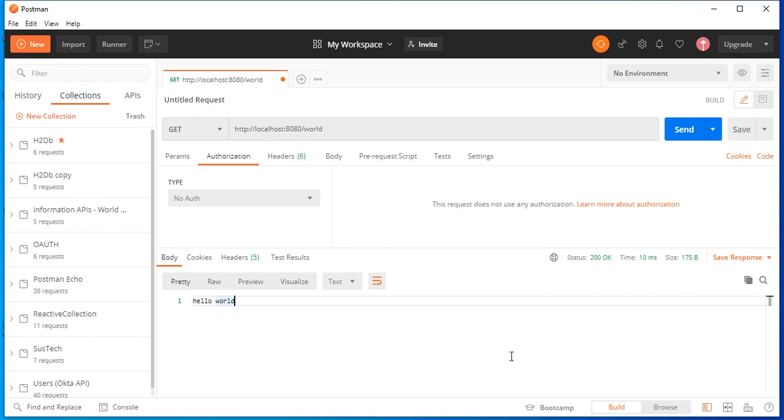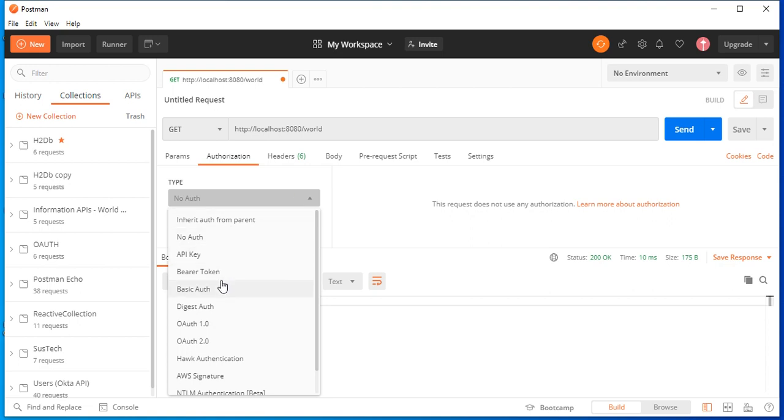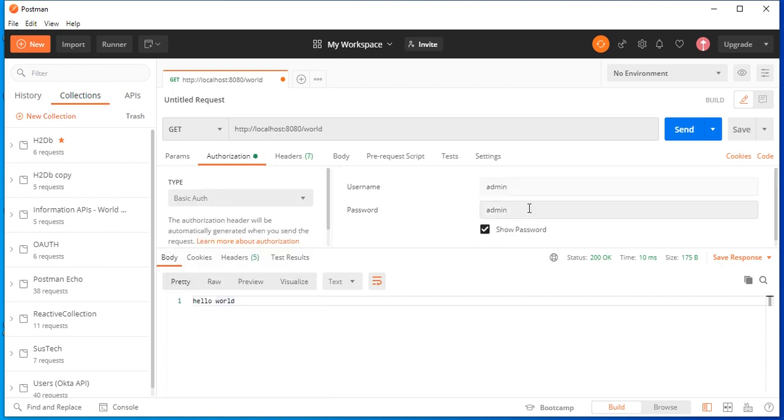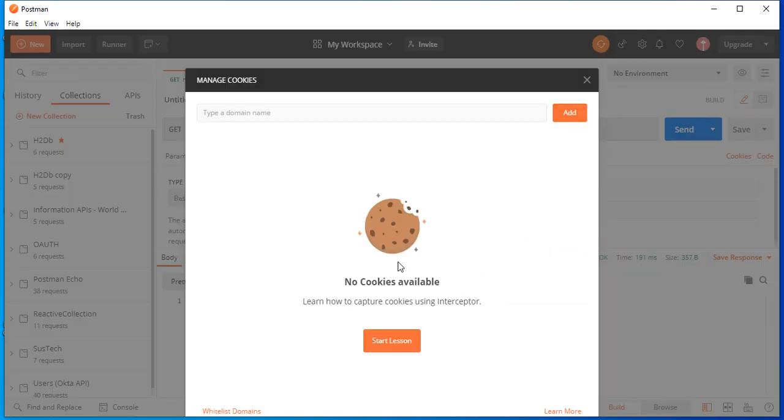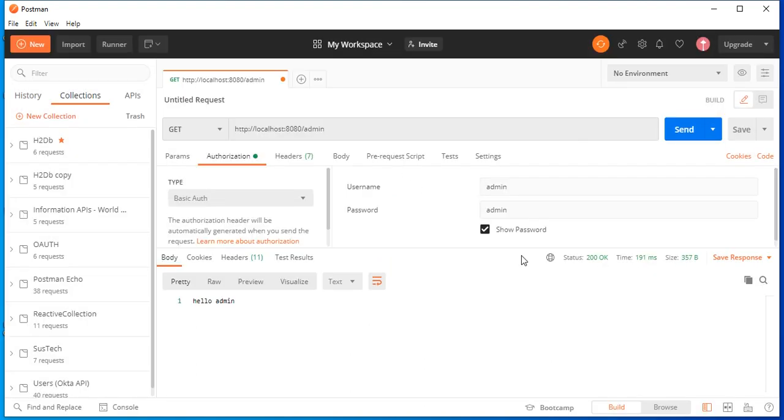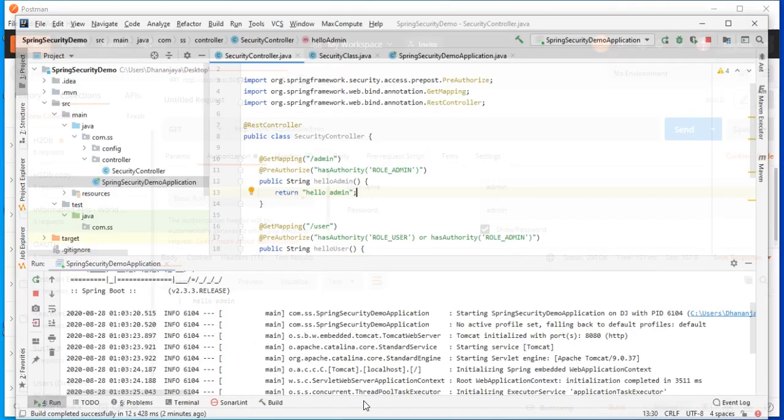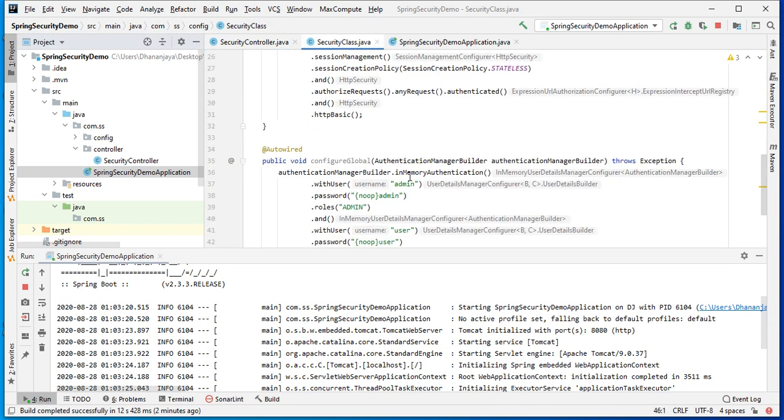One more thing: whenever I'm passing basic authentication, let's say admin, calling the admin URL with username and password, there is no cookie generated because we are not managing any session as per our configuration.